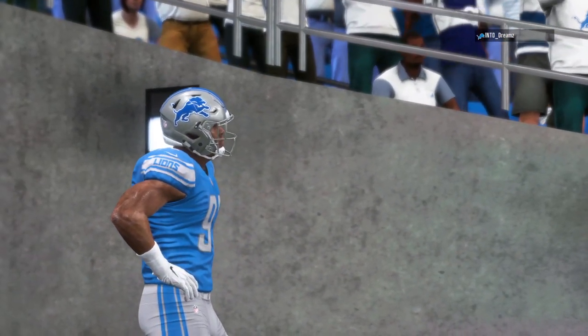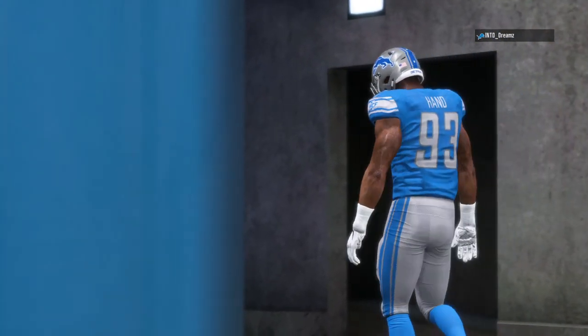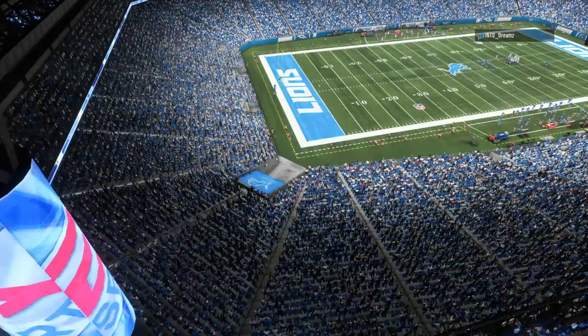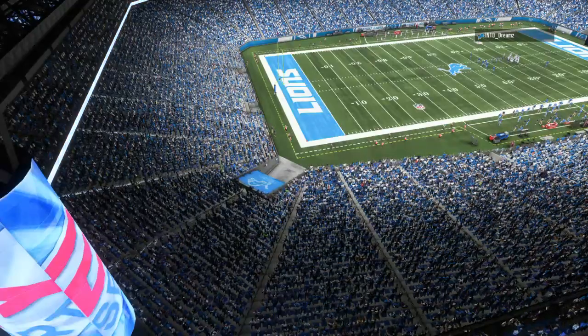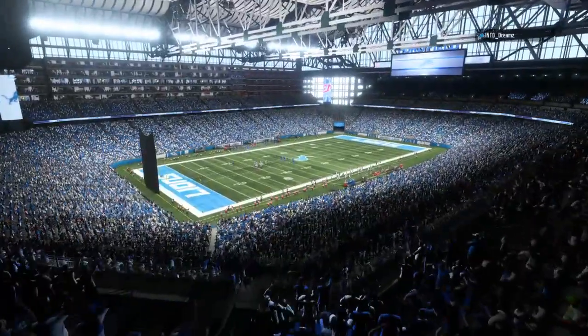So for Los Angeles, they continue to keep pace for that first-round bye as they move to 11-1. And they'll get another road test next week as they head to the Windy City to take on the Bears. Meanwhile, for Detroit, they fall to 6-6 now on the campaign. And they'll try to